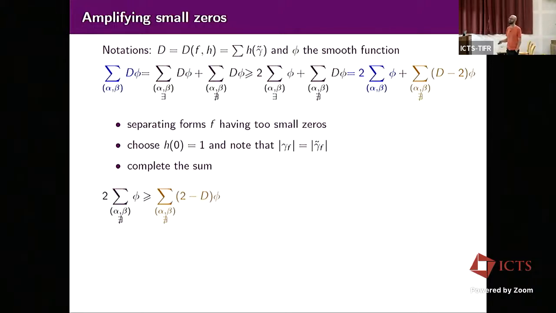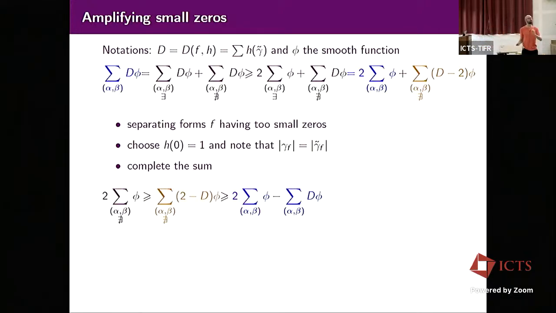D is positive. And remember, this is the kind of thing that I want to lower bound. That's the number of good terms. If there are no small zeros, then the error term behaves well. So if I have a good lower bound on that, I'm done. That's what I want. So I can lower bound it a bit artificially by that because I know information about that. And then I replace. This is lower bounded by the sum over phi twice minus this sum.